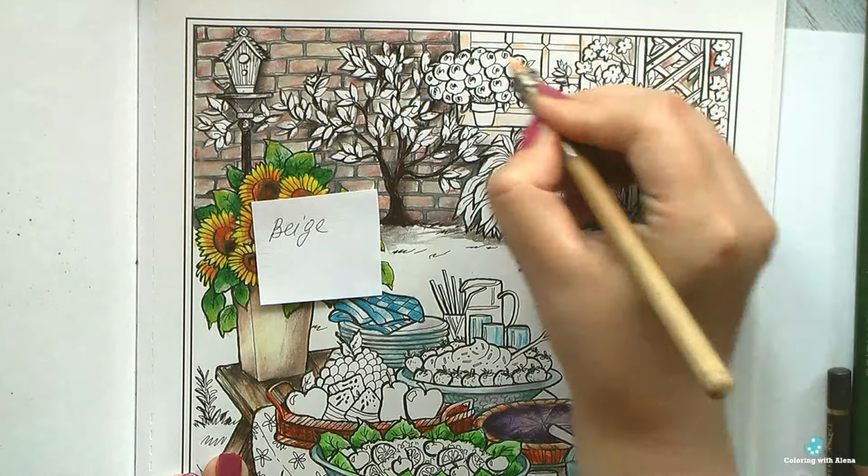I much more prefer to do watercolor underpaint and then to work on the details with colored pencils if I need to do a huge area of grass. But here I didn't want to use watercolors. Also, on this page we have a lot of green elements. Leaves of the trees, leaves of the bushes, various flowers, and also some green elements on the party tree or